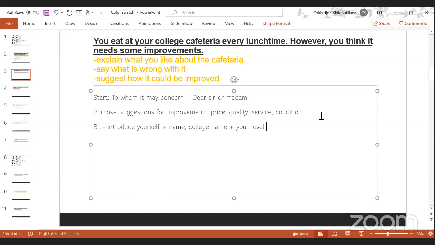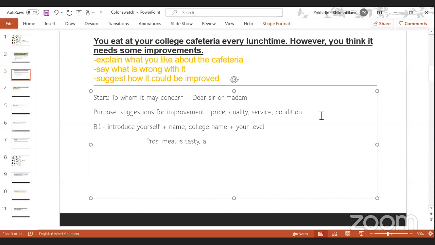Exactly, here you will say why this place is good. So what are the reasons that this place might be good? Now you study at school, right? So what do you like in your school? What's so good in your school? Why do you go to that cafeteria? Maybe the meal is delicious and so on. Just the fit food. Okay, the meal is tasty. And not so expensive. What did you say? Not so expensive. Yes.